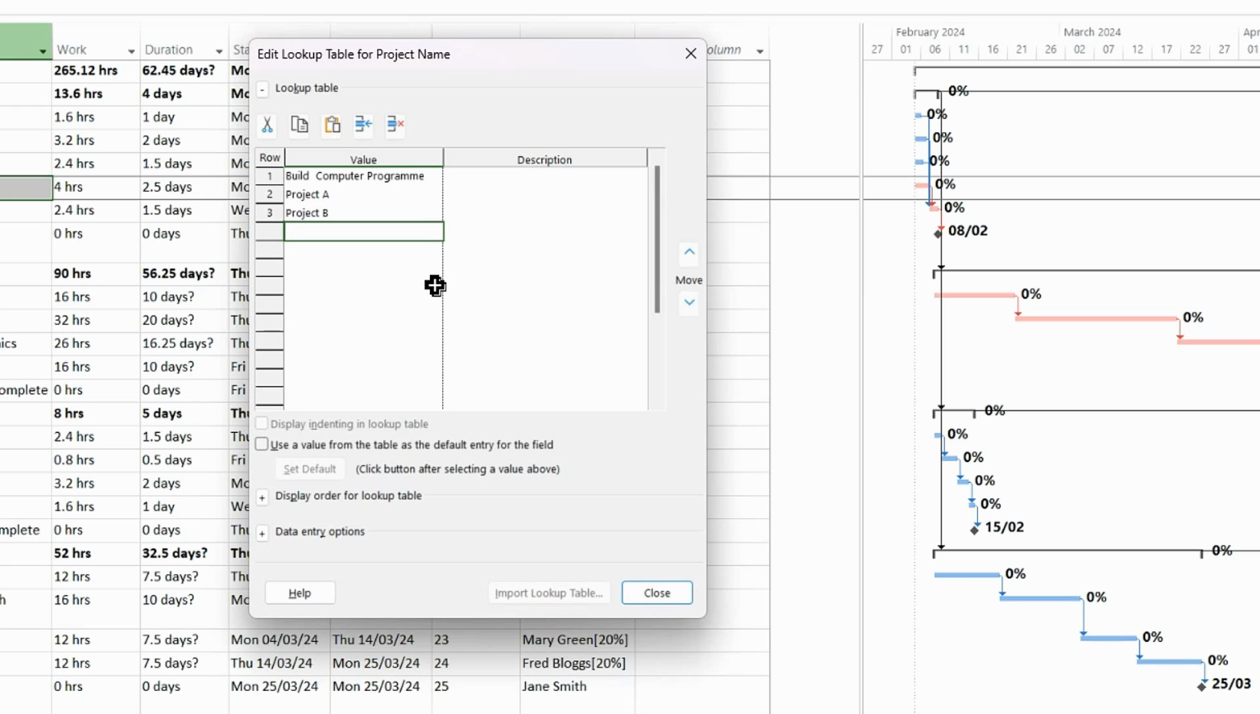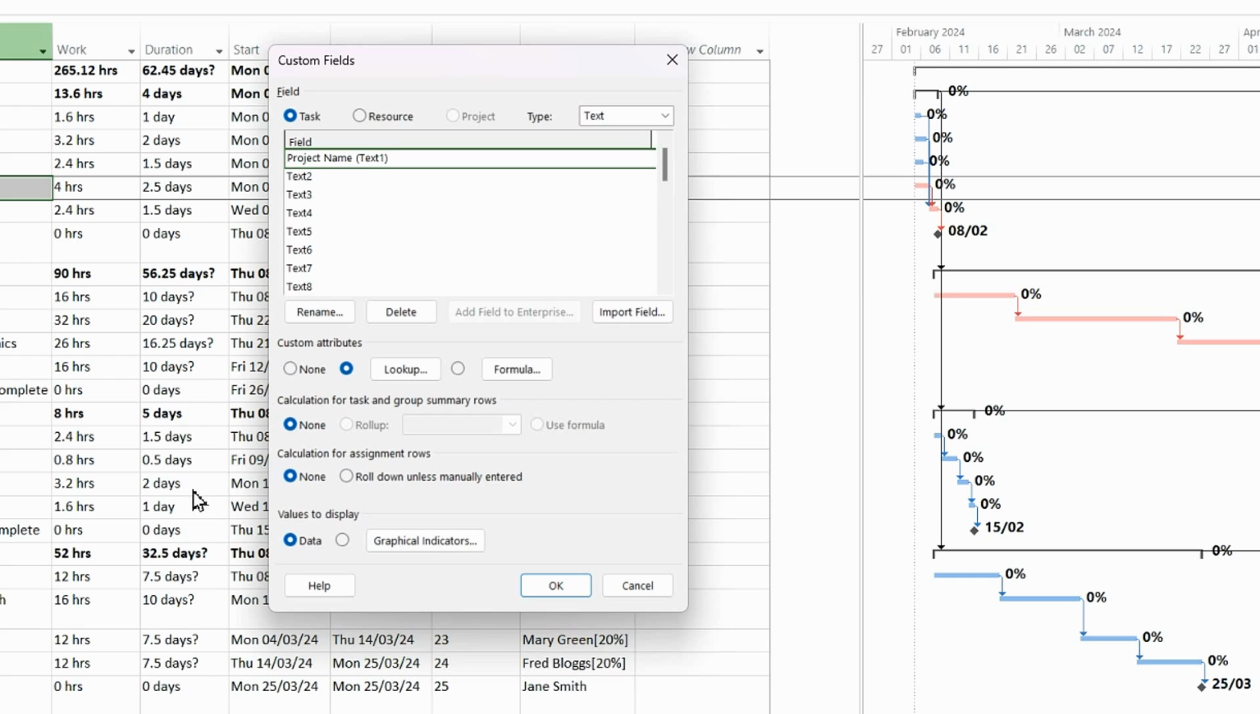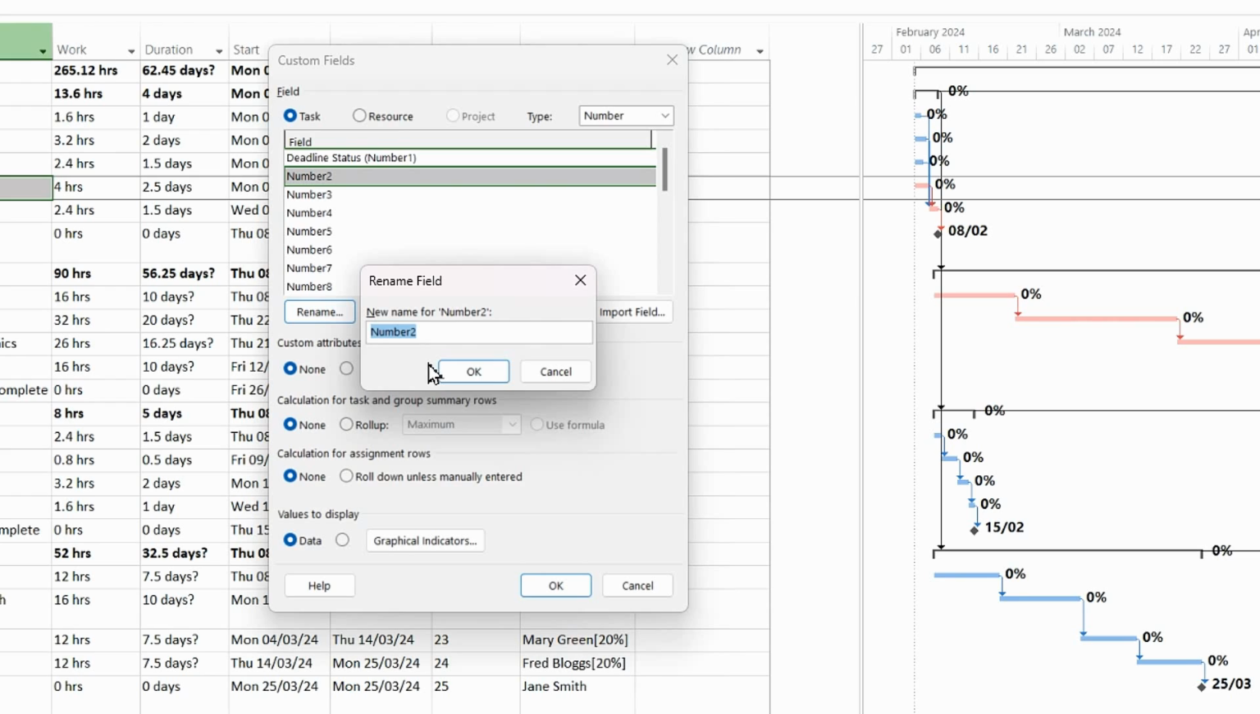project B, project C, and project D. So those are my lookups there. Return there and close. You can put a description of those, but I won't for the purpose of this exercise, and click close. The next custom field I'm going to create is going to be a number, and I'm going to use the custom number 2 field, and rename that to milestone